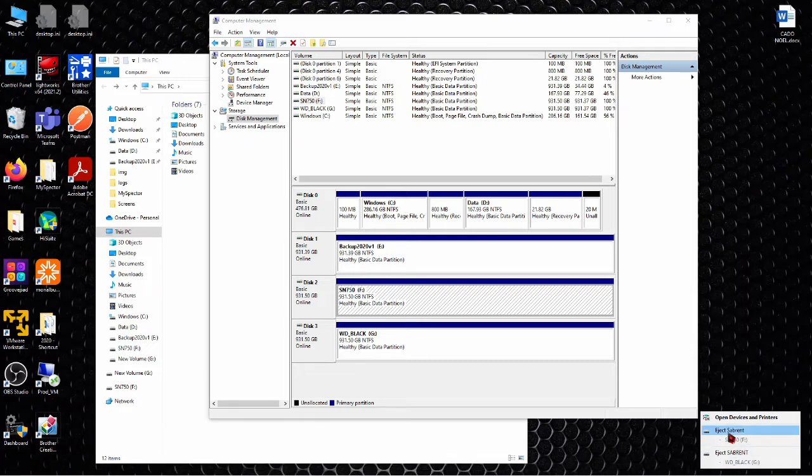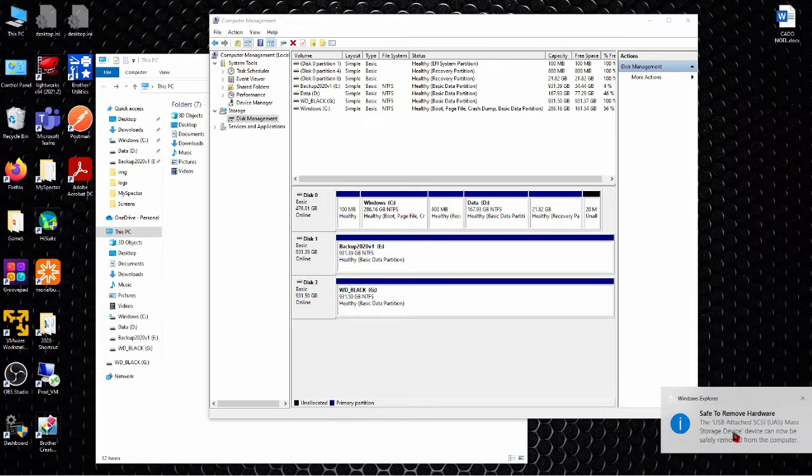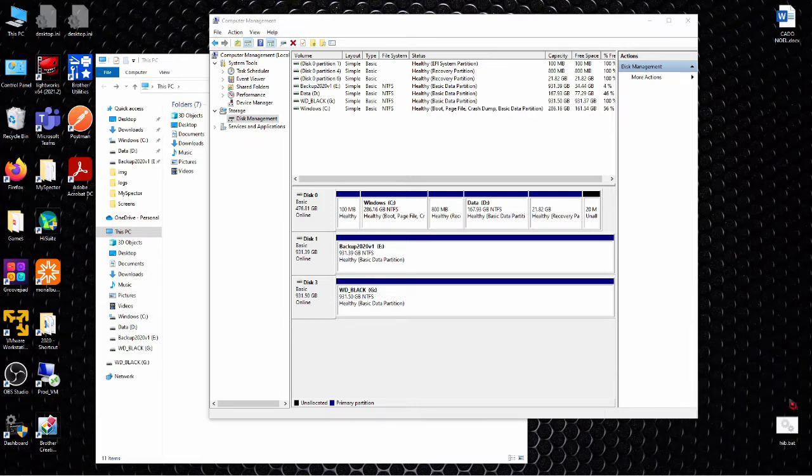Okay, so this is the SN750 that I want to remove, so I'm going to eject like this. It is ejected. I'm going to remove it physically. Okay, it is removed physically.